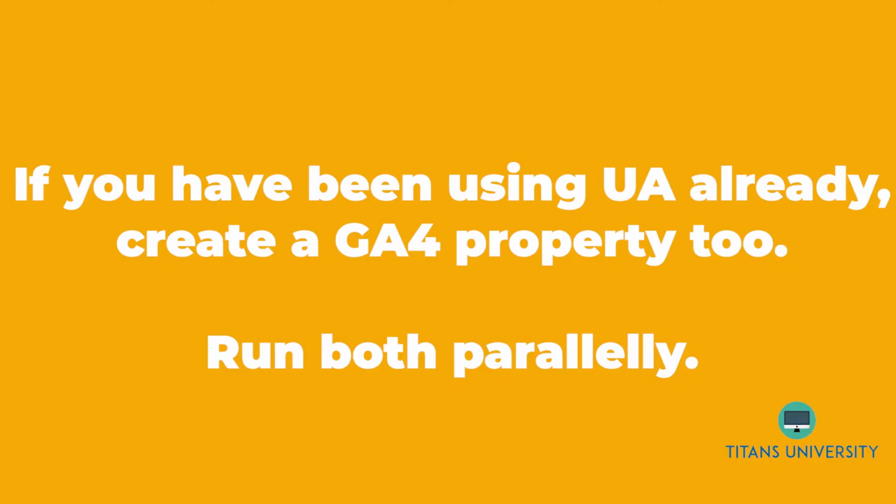So what I suggest, and what Google also suggests you to do, is if you already have a Universal Analytics profile, or if you're already running on Universal Analytics, also create a GA4 property simultaneously and start tracking both. Because there are some things that Google Analytics 4 is not good at, which UA is good at. And there are some things which UA is still not efficient at while GA4 is efficient. While we try and understand the differences between both of these in the next few sessions, at this point in time, please remember, don't commit yourself to only one of these.